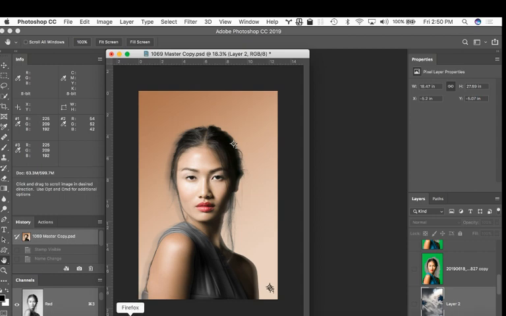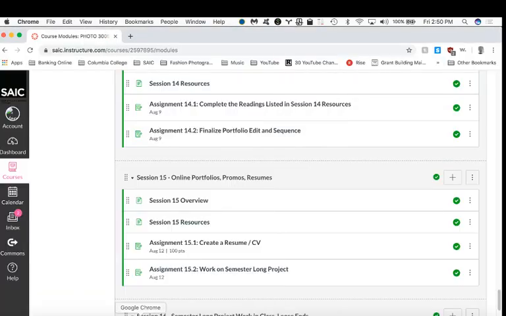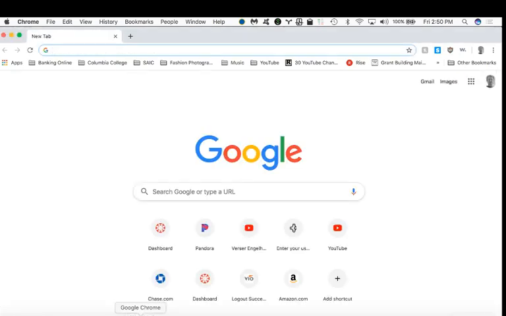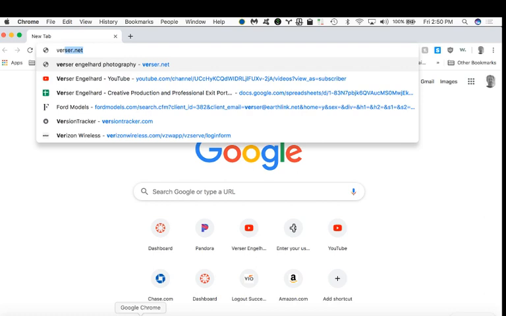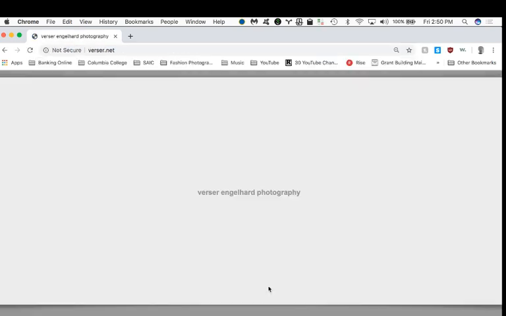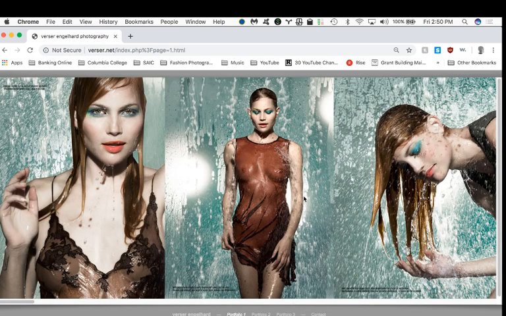I want you to go to a web browser. I'm going to hit Command-N, and I want you just to go straight to my website. So my website is verser.net. And simply click on the name. It'll take you to the first of the catalog pages right here. So what you'll see in my website if you scroll across, and by the way, this does not work in